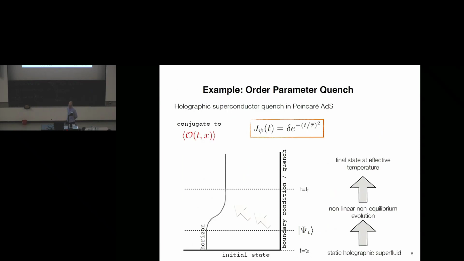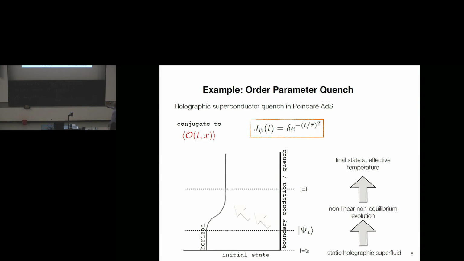Now, let me give you an example of such a quench. So this is the holographic superfluid or holographic superconductor. We're sometimes a bit fuzzy about the terminology. So I'm looking at a Poincaré AdS, and I have a system which has an order parameter field which allows us to study the condensation of this order parameter and breaking of symmetry dynamically. The way that we do this is by introducing an approximation to a delta function, Gaussian basically, that sources the order parameter. So we kick in some energy and we also source the order parameter. And of course there are parameters that tell you how quickly, like this timescale tau bar, and how hard you kick it with a delta.